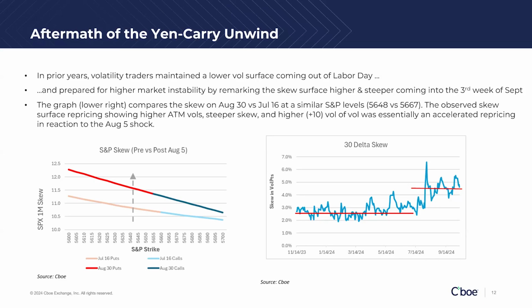So what you're seeing on the graph on the left-hand side is basically a snapshot of what happened in reaction to the skew in reaction to August 5th. So traders lifted the price of risk and lifted the price of optionality, and they also steepened skew, meaning that they charge significantly more for puts after the event than before the event. And you can see that as a time series on the far right.